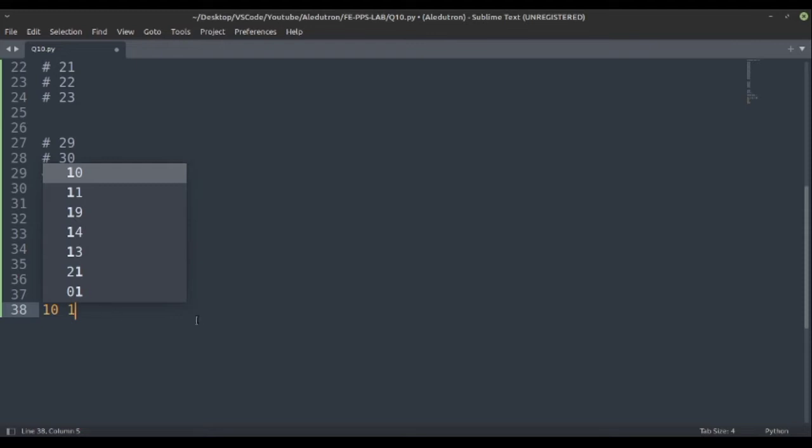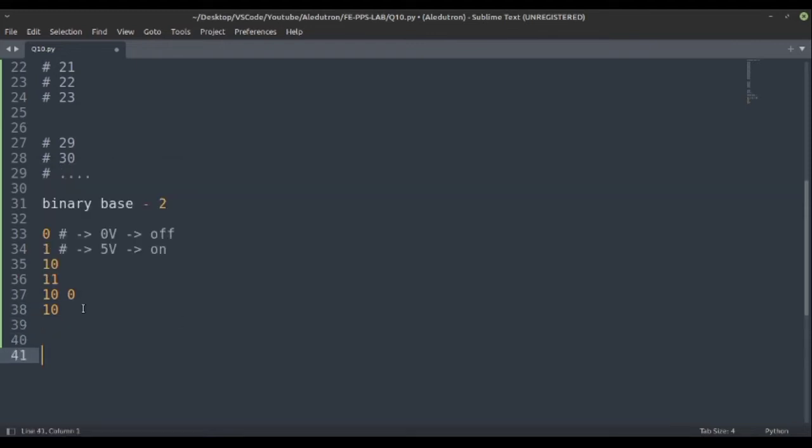For clearer visualization I did this, so you can also add a space here. So basically 0 and 1, after that we will take the second digit and add 0 and 1 to it. So let's just give some spaces too, so it would be great to understand.